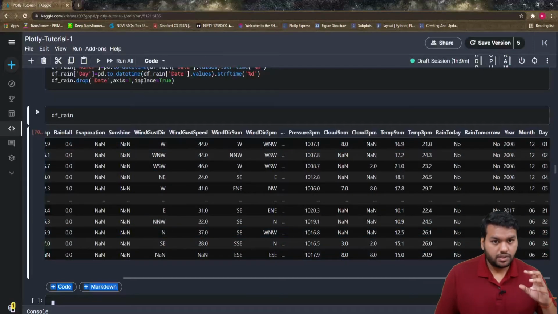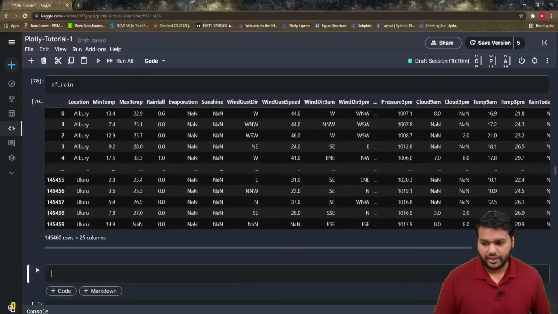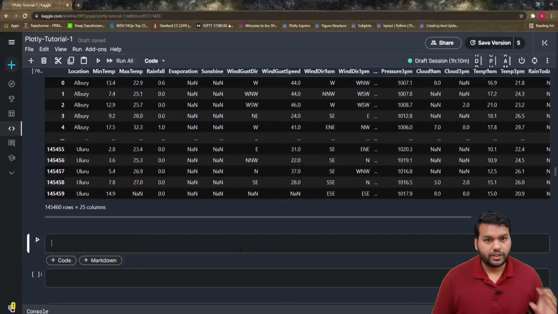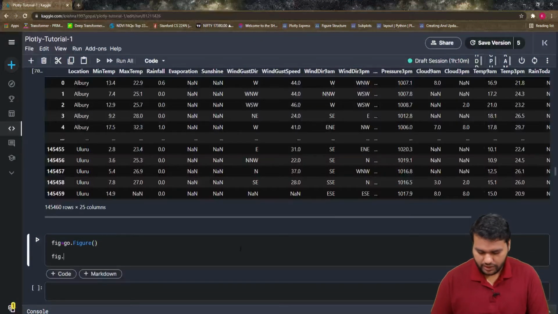Let's start from the very basic, and then we will end this video by writing one function. First I'm going to create one variable, figure is equal to go.Figure, and then I have to call fig.add_trace and pass go.Scatter, because for the line chart we will use the scatter plot, and we have to pass the x-axis.